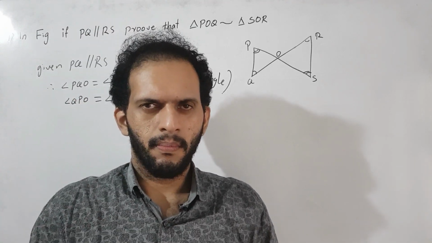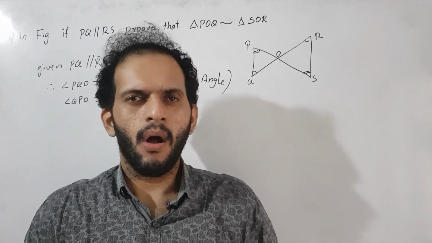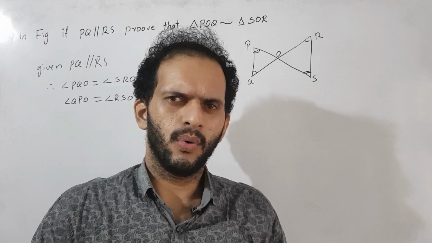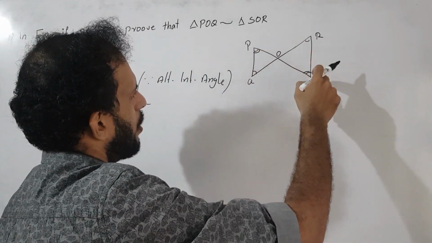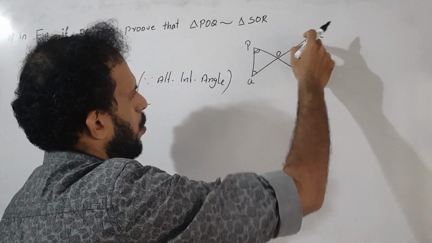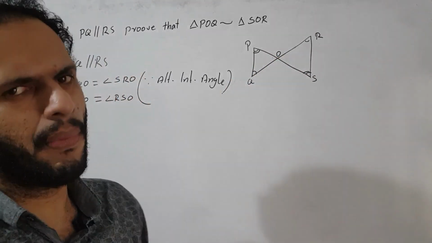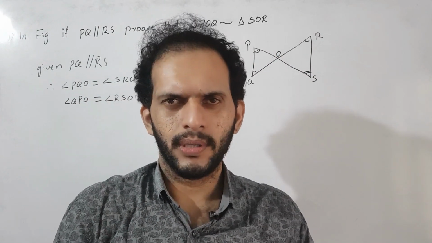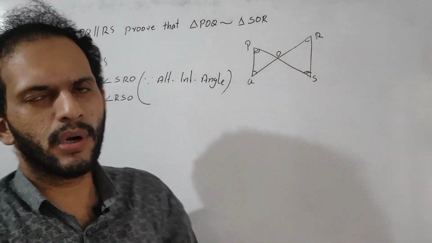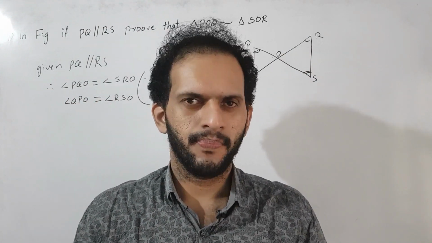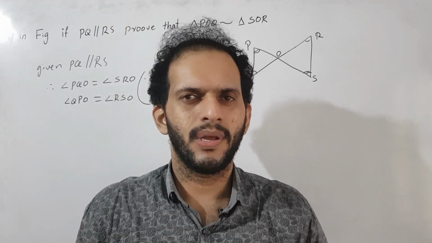Why? Because of the AA similarity criteria. Only these two angles are equal so far. Now we also get angle POQ equal to angle SOR. Why are these angles equal? By the idea of vertically opposite angles, angle POQ and angle SOR are equal. If we choose that also, then the rule we write is